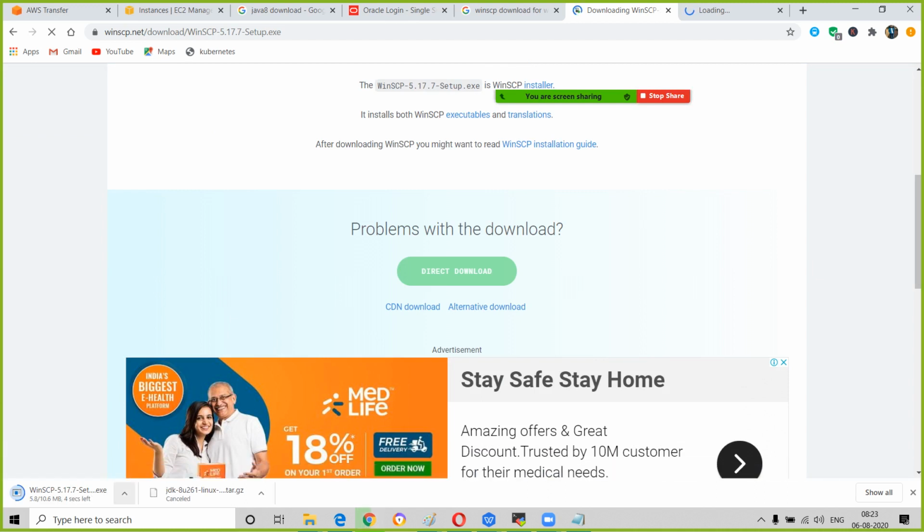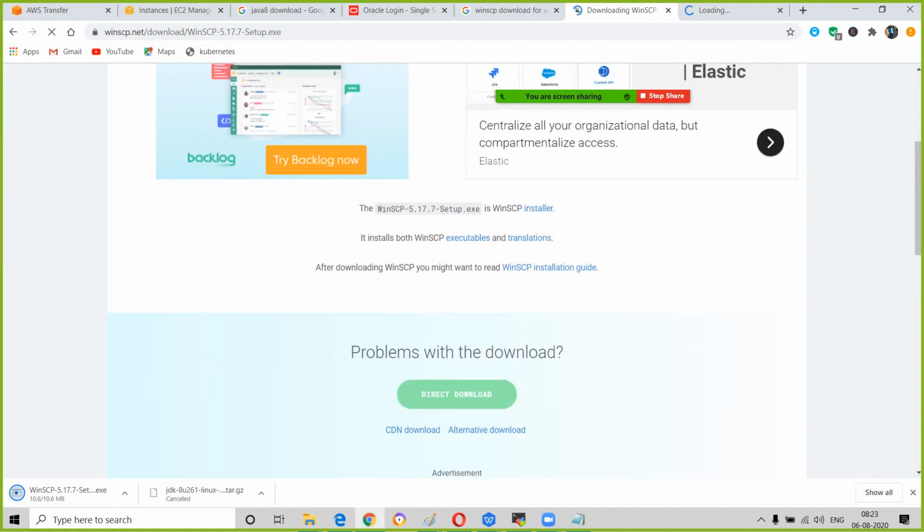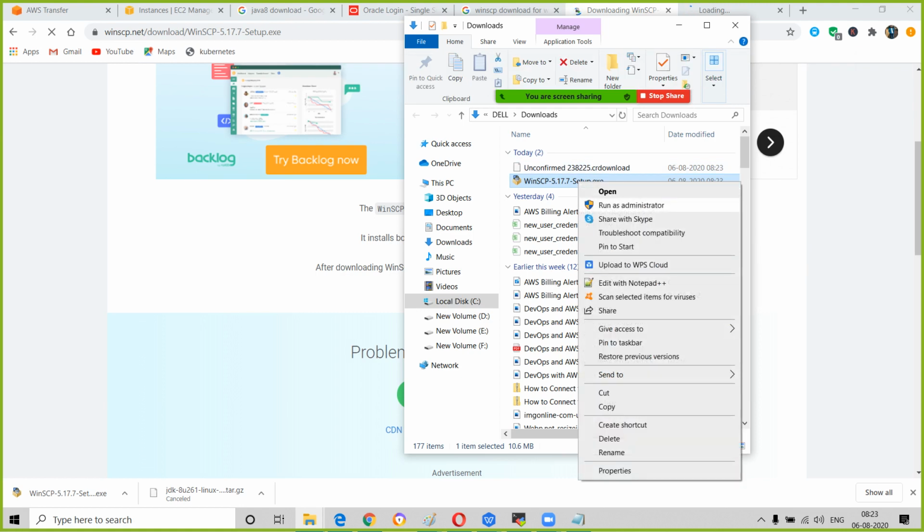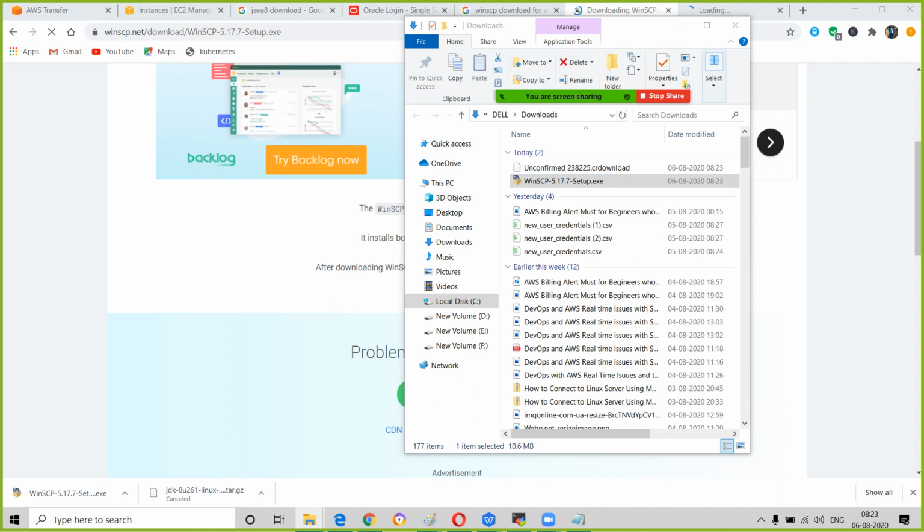Once it is downloaded, if it is a .exe file, what we have to do, guys? Run as administrator. If it ends with .exe, we have to run as administrator. We have done this for multiple applications or packages. So show in folder. Next, click on this one, run as administrator. Click on yes. That's it, guys. If you click yes continuously 3 to 4 times, it will be installed in your laptop.